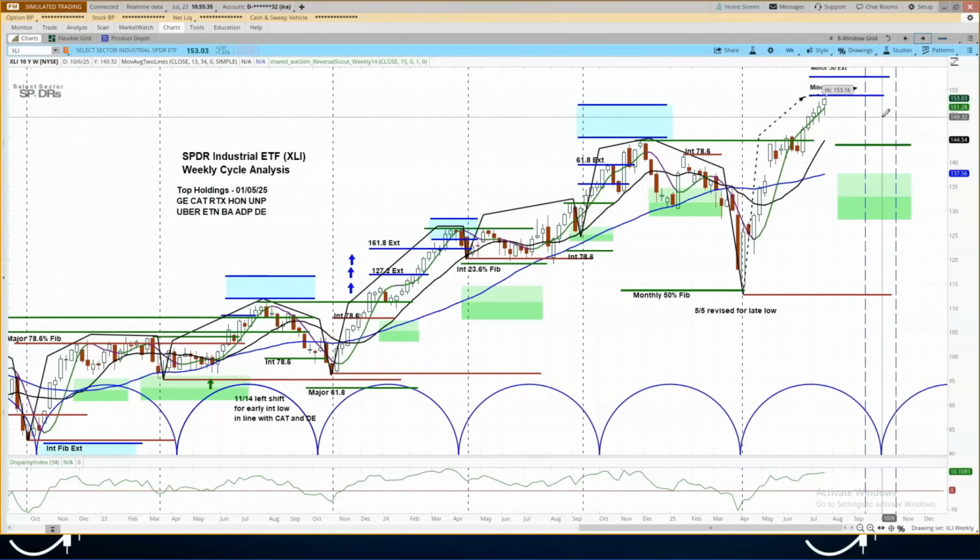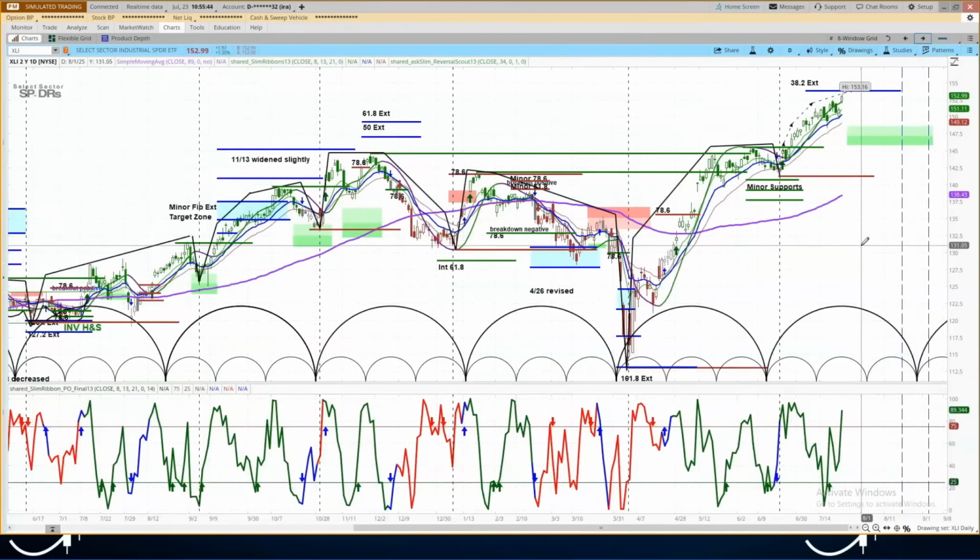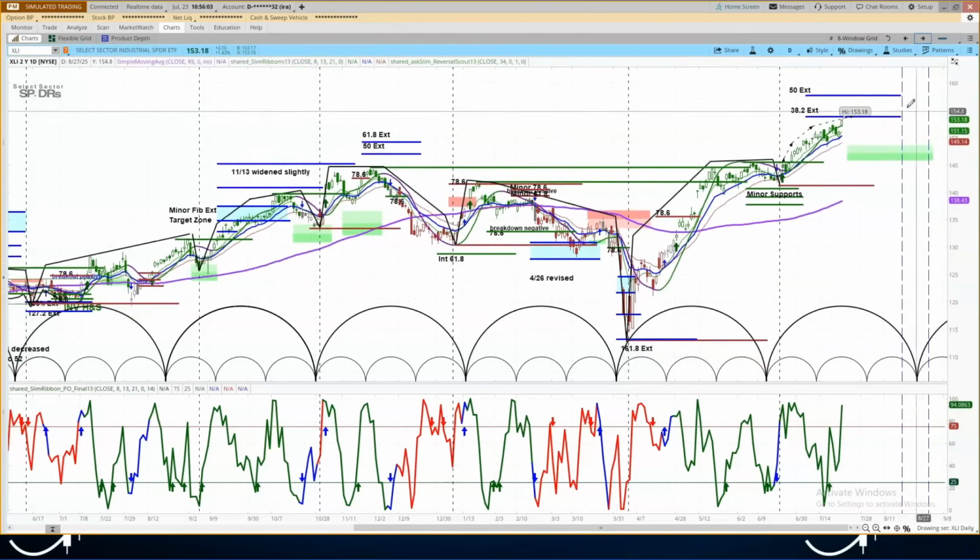The weekly cycle timing window runs from 9:15 through 10:24. Over on the daily chart, we have cycles that are quite long, 51 bars in length. Momentum is positive. The daily cycle timing window is from 8:21 to 9:03. The target levels are the 38.2% extension at 153.81, almost there already. The 50% extension level is the next one up at